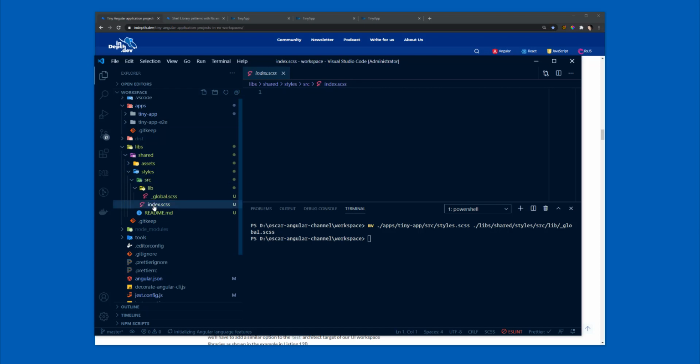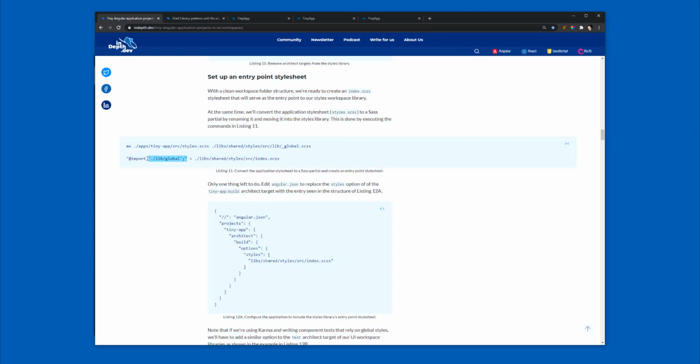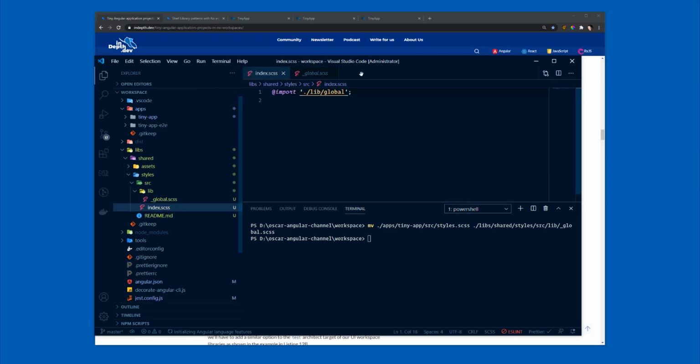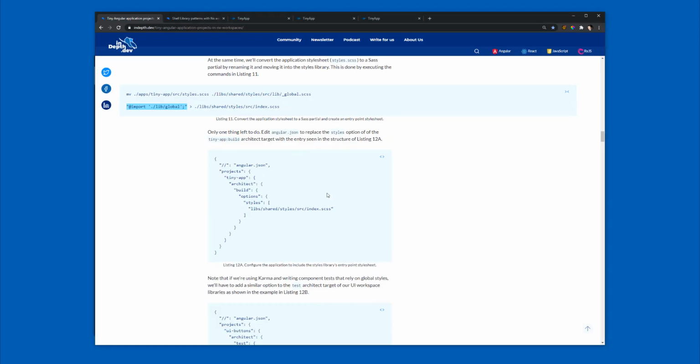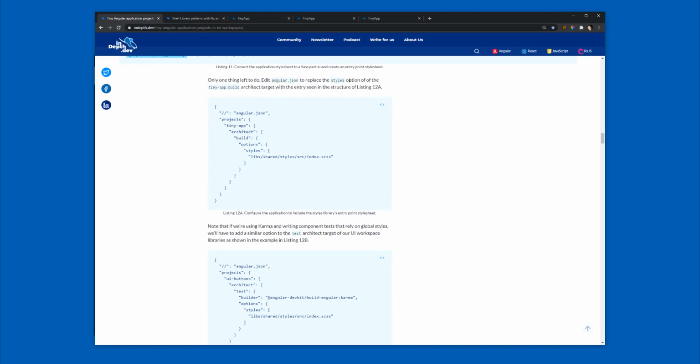So we have styles, we have index, the index is there, so the index needs to import the global file, so that one here. Yeah, sorry guys, there you go. Now I'm making reference of the global file that we just moved from the application. Right, so that's that. And finally, we need to do a couple of adjustments to the angular.json to replace